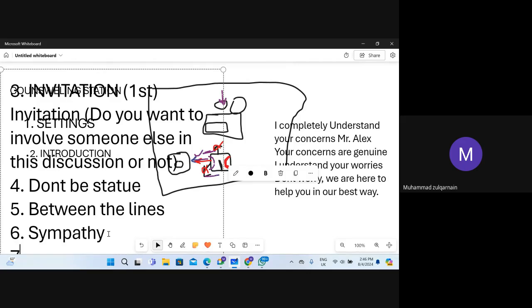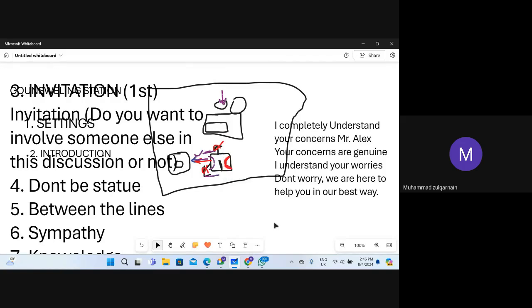Okay, so the seventh thing is your knowledge. That is very important, because you should give exact knowledge of what you have at that moment. If you don't know anything, don't bluff it. Remember, if you don't know something, for example, the patient asked, how much is the risk of infection after this appendix operation? I'm just taking this appendectomy case as the example. So if the patient asks you how much is the risk and you don't know exactly at that moment,